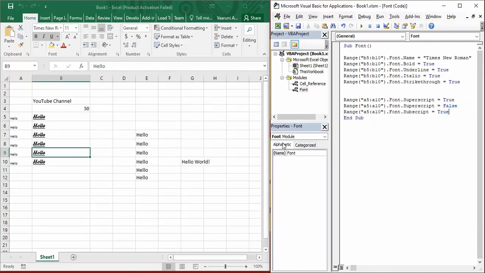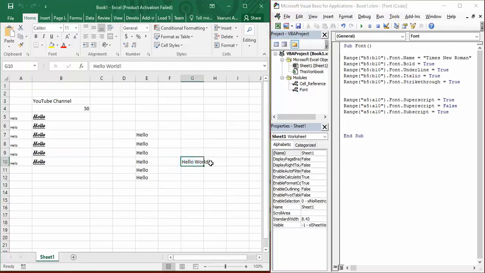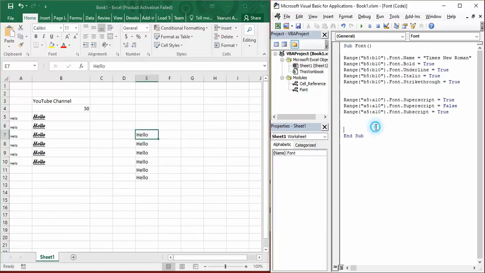Superscript and subscript. Now what if you want to change the size of the font? So you got to provide, suppose this is G10. Now I'm going to change its size. G10 size is what I'm going to change. Or suppose I'm going to change E7 size. E7 dot font.